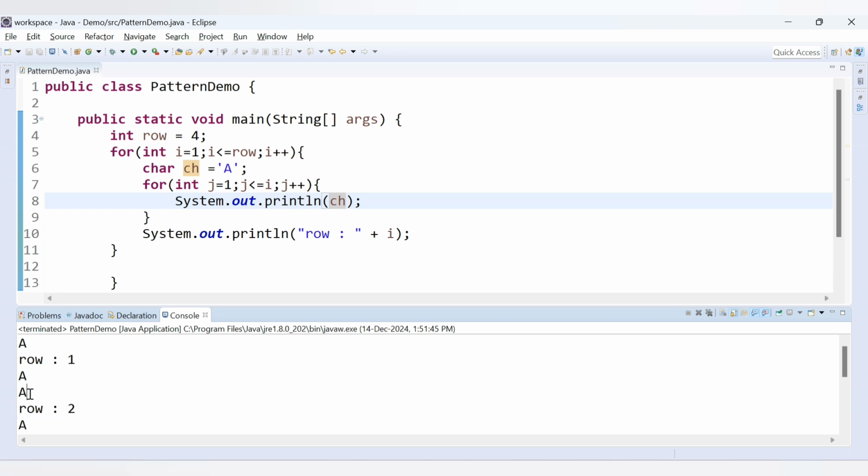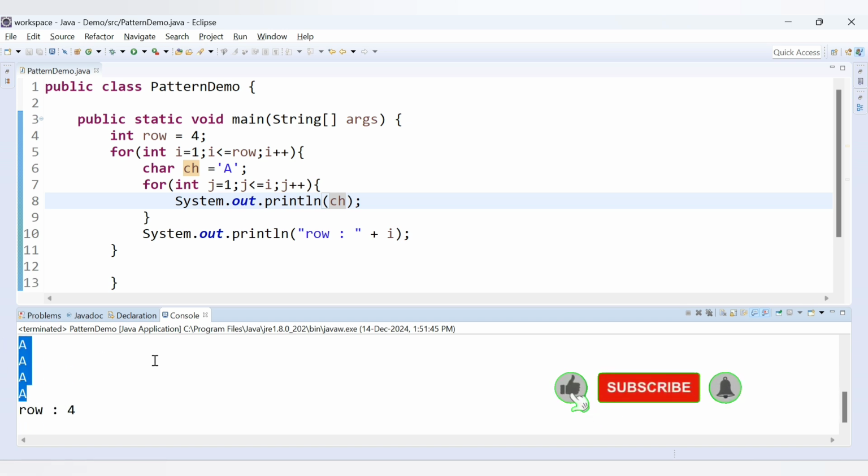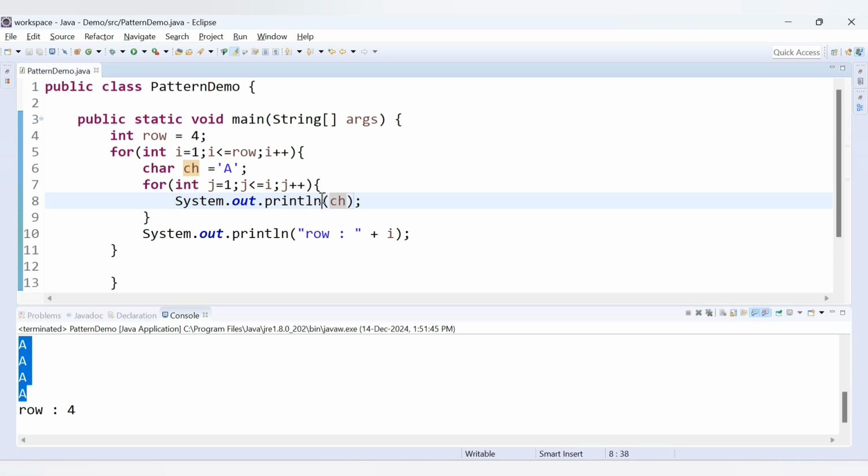Inside row 2 it has printed two a's, right? Then we have row 3. Inside row 3 it has printed three a characters, and lastly in row 4 it has printed four characters. But we don't want it in the next line, we want it in the same line. So instead of that, what we can do is say here